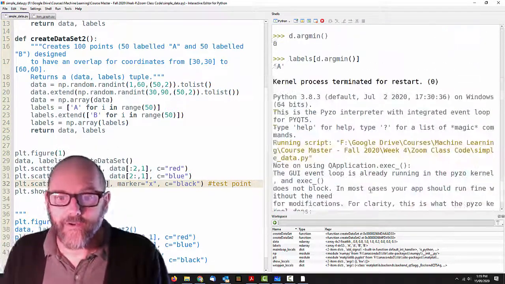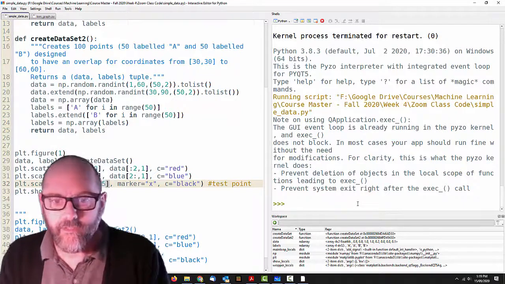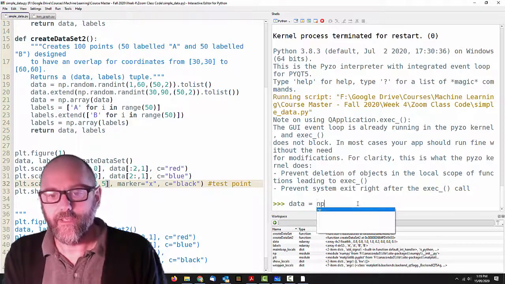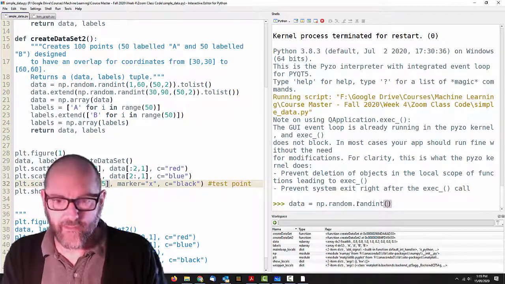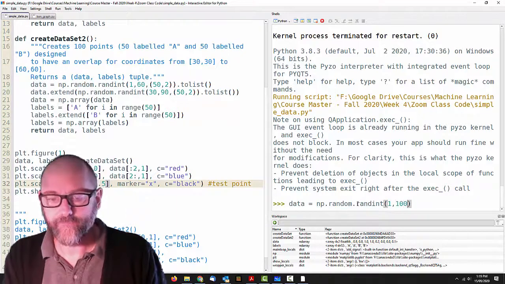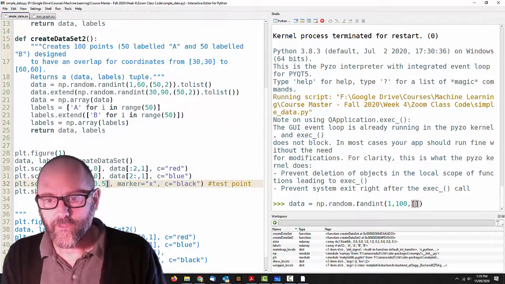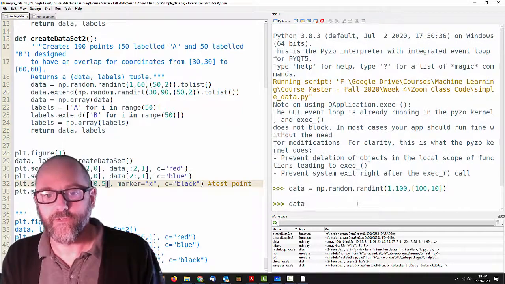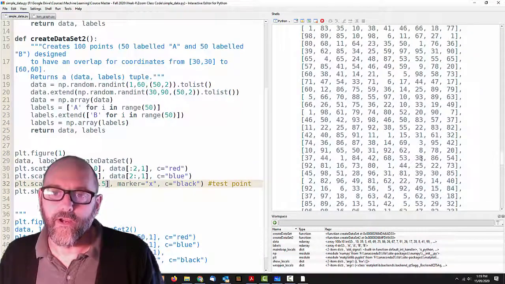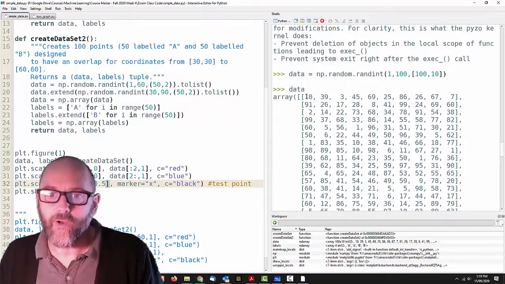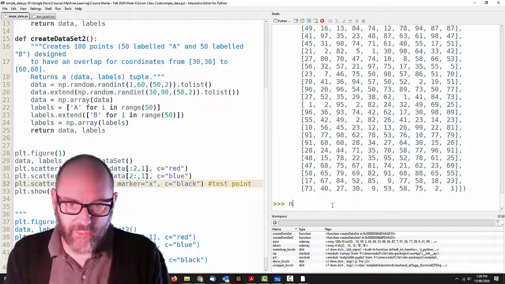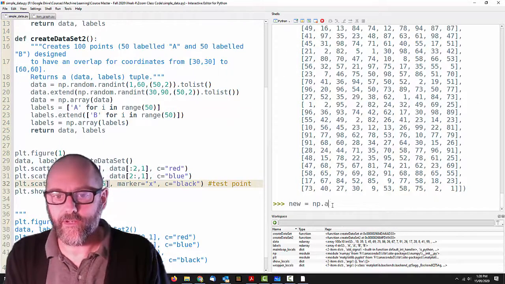So take a look at this calculation, because this is the heart of the algorithm. And it doesn't matter whether you have 2 dimensions or 5 dimensions. So if I go data equals np.random.randint, we'll go between 1 and 100, and we will say that we want 100 rows and 10 features in each row. So here's our new data array. Instead of being just 2 values, an x and a y, there are 10 of them. And so we need a new point. So let's say our new point is equal to np.array